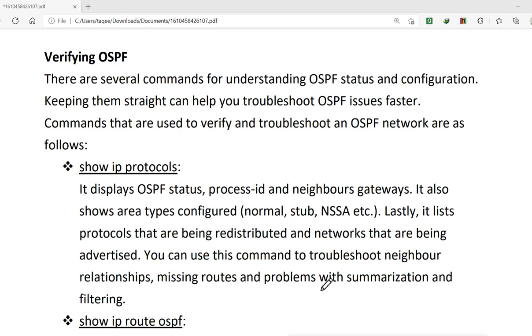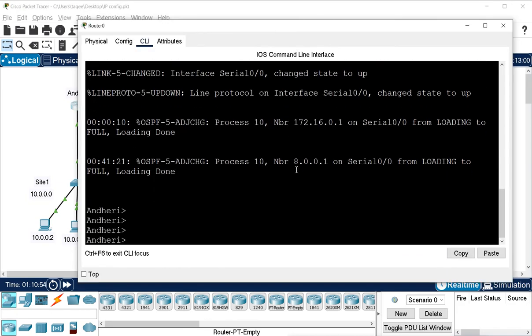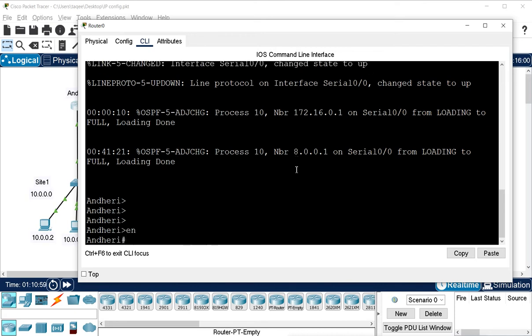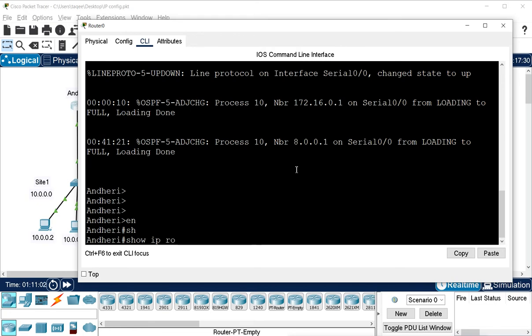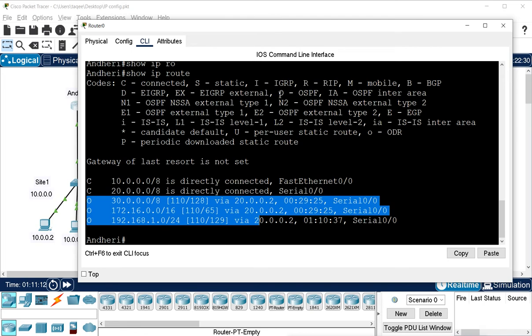For example, this is where we have configured OSPF. When you go to any router here, you can use the show ip route command to see the routing table, and it shows that these two networks are connected, and these networks are learned by OSPF.